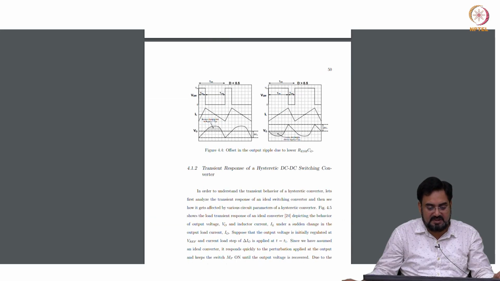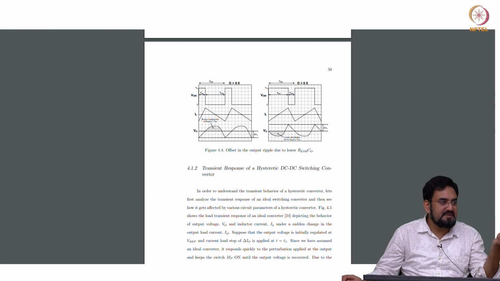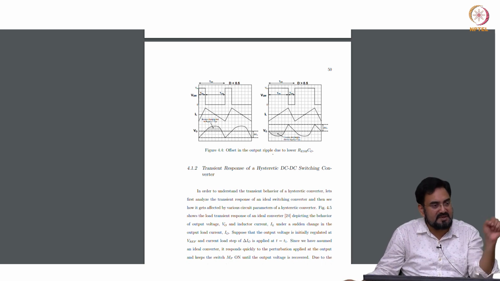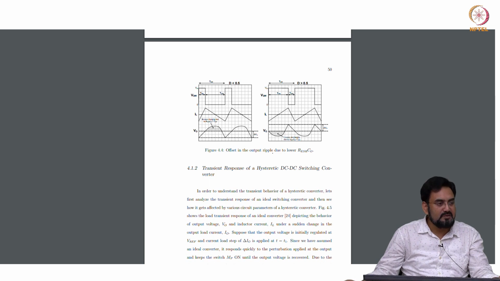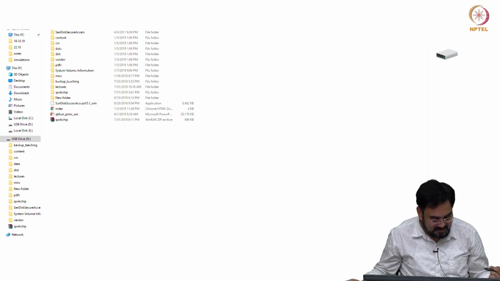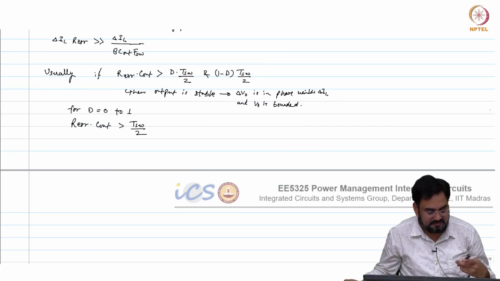See, this is limited, but the other side is not limited, when you have a d greater than 0.5. If I try to meet it, let us say, at 50% duty cycle, then this may happen at a higher or lower duty cycle. One will be limited, but the other won't. If you want to limit both sides, then you have to meet that condition, TSW by 2. Okay, let us take an example now.